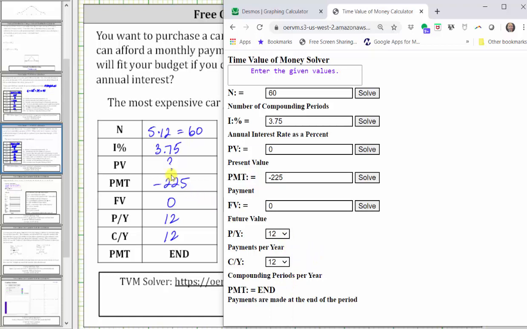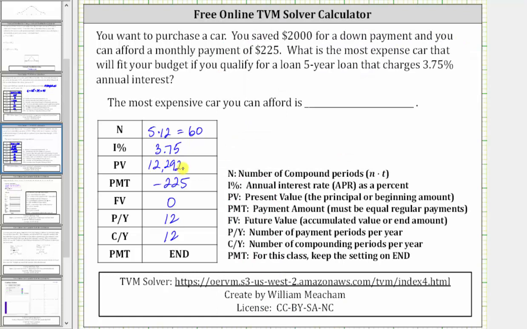So now I go back up to present value and click Solve. To the nearest cent, the loan amount is $12,292.45. Let's go ahead and record this and then answer the question. So now we need to be careful here. This is how much money the bank is willing to loan you, but then you also have the $2,000 down payment, and therefore to find the most expensive car you can afford, we take the amount the bank is willing